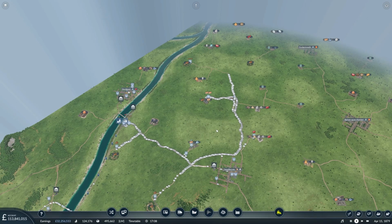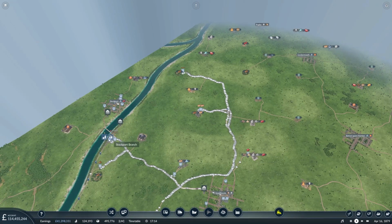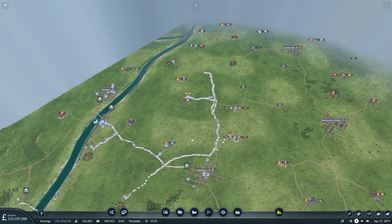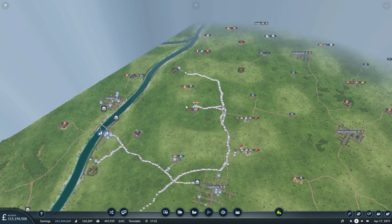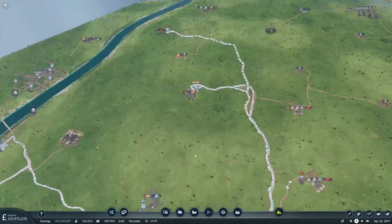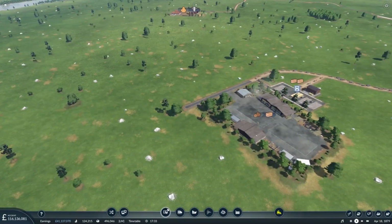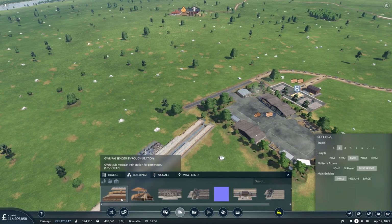Again, something that was suggested in the comments of a video quite a while ago now. And there's even the possibility of hooking this station up down here and having a private branch line that brings the materials up here to be turned into construction materials that are then brought back down. That's something we could do. In fact, this line here I'm almost tempted to do today and get that done. Why not? Let's do it. Let's go for it. So let's build a...